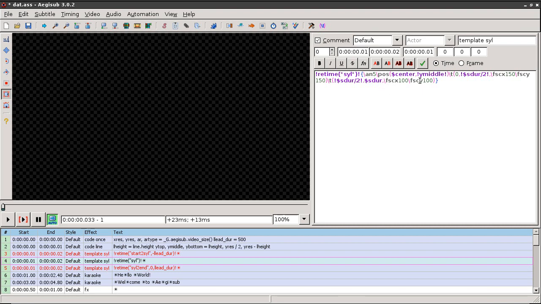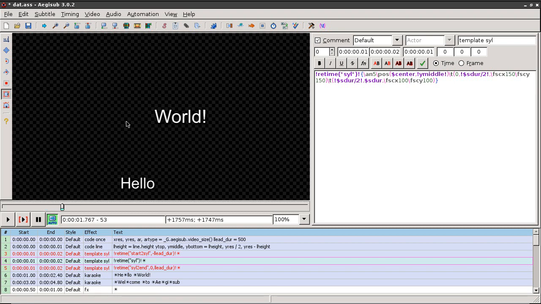I will make the font scale back to 100. So if I save this and apply, and play it frame by frame, you can see at the top that it has a fade in, and when the syllable is in seal mode, the font will scale up and scale down.